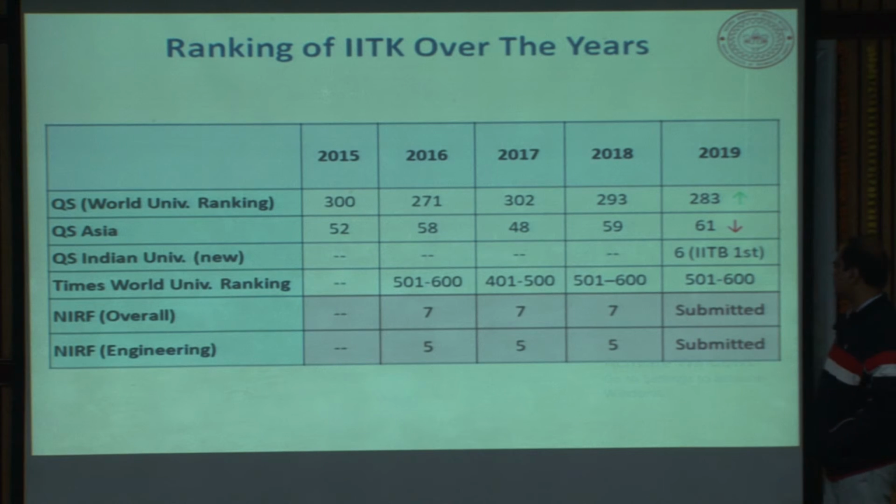at the 1st position. Similarly, the Times World University Ranking also started, and they are trying to give the ranks in the form of intervals. So in 2016, we were in the group of 500 to 600, and similar is continuing at this stage also. And recently in 2016, the MHRD set up the National Institute of Ranking Federation, NIRF, and they also started giving